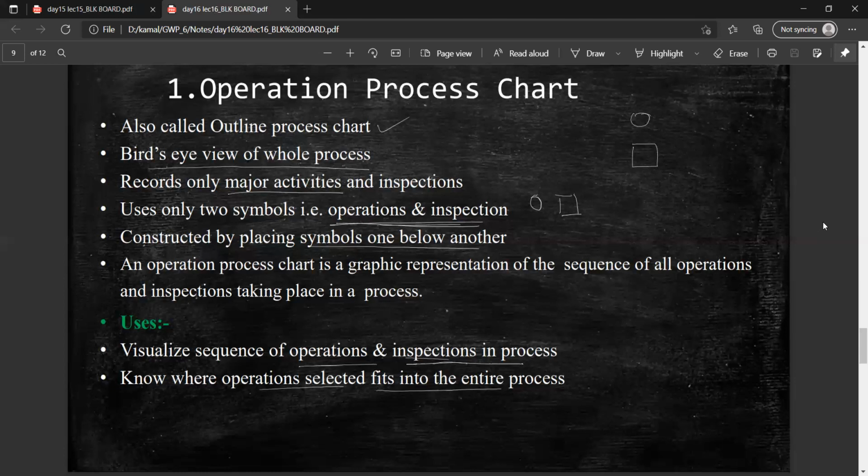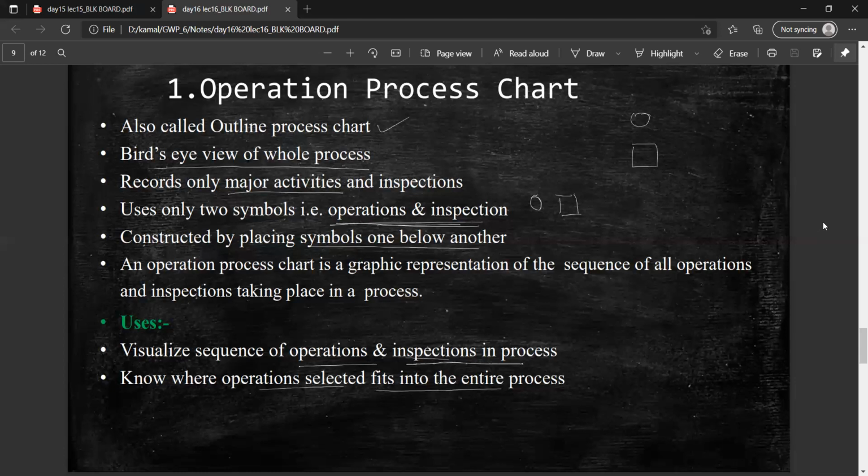So in a process, just sort out the operations part and inspection part. If we sort only the operations part and inspection part, then that process chart will be known as the operation process chart. That is, the operation process chart totally depends on the operations. Okay, no need to mention the storage, the transfer part or the delay part. Only the operations part and inspection part.